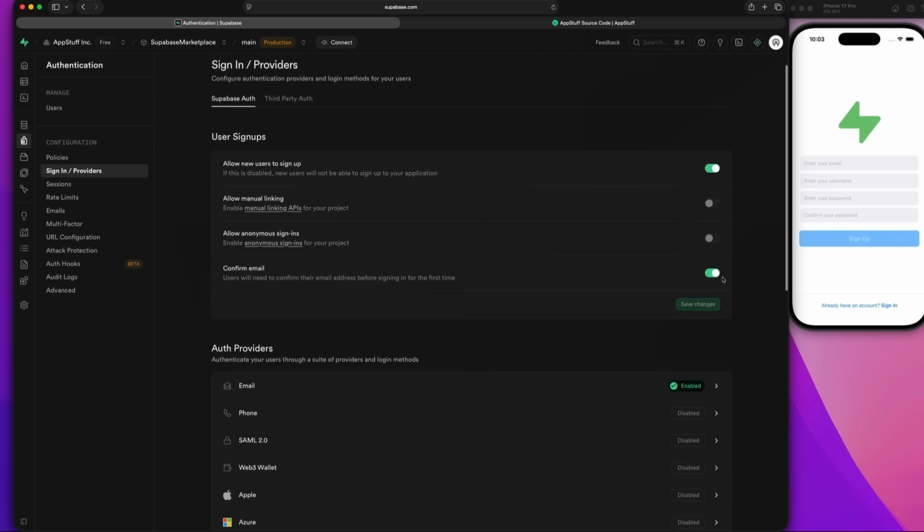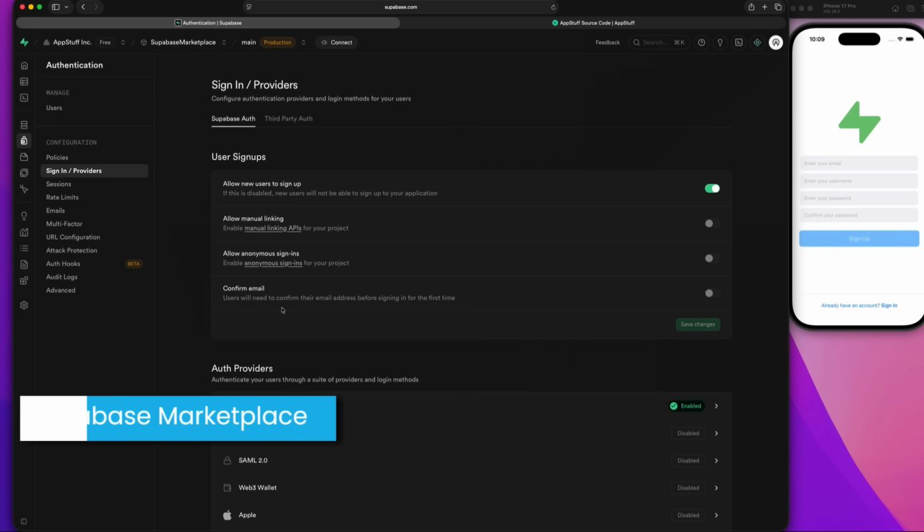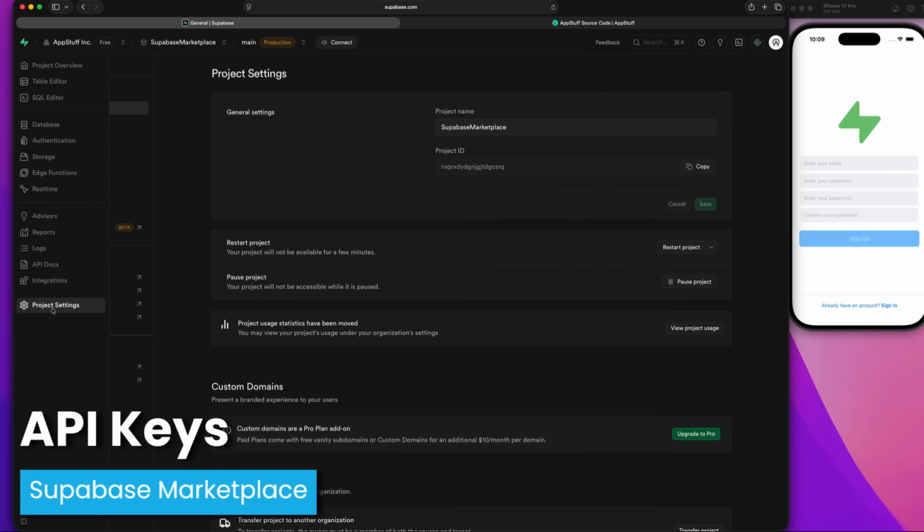enabled. We're going to uncheck this confirm email field just to make things simpler, so that when we sign users up, we don't have to confirm an email. That way we can just create a bunch of test accounts. In a production app, you would probably want to make your users confirm their email just to make sure that the accounts are legit. Next up, we are going to go to our project settings, and we are going to